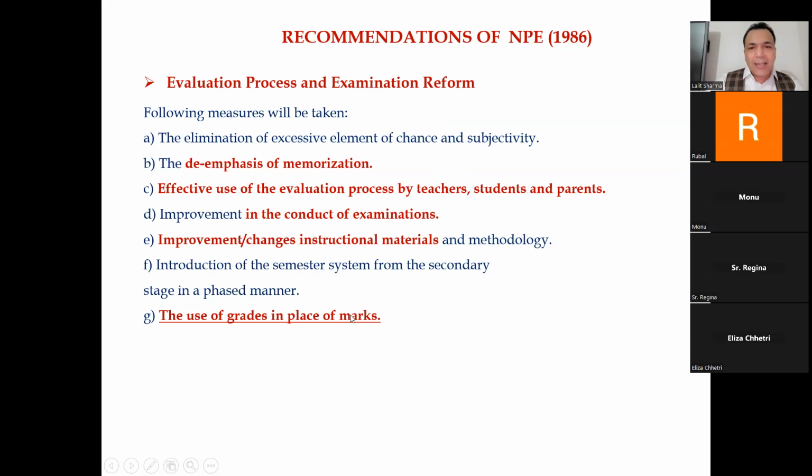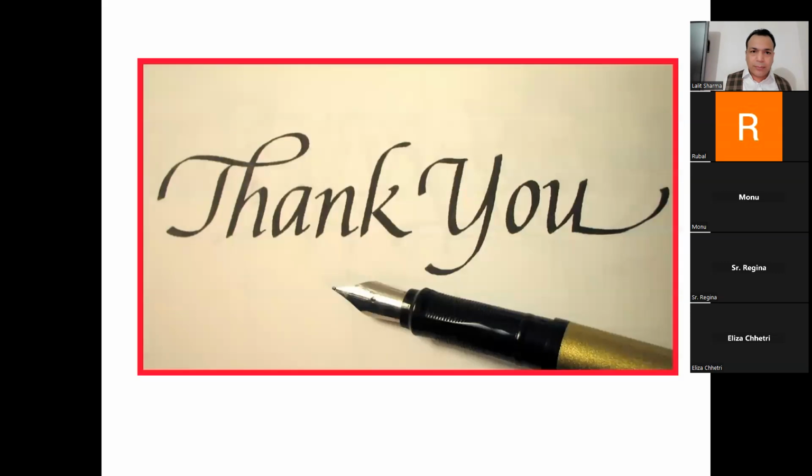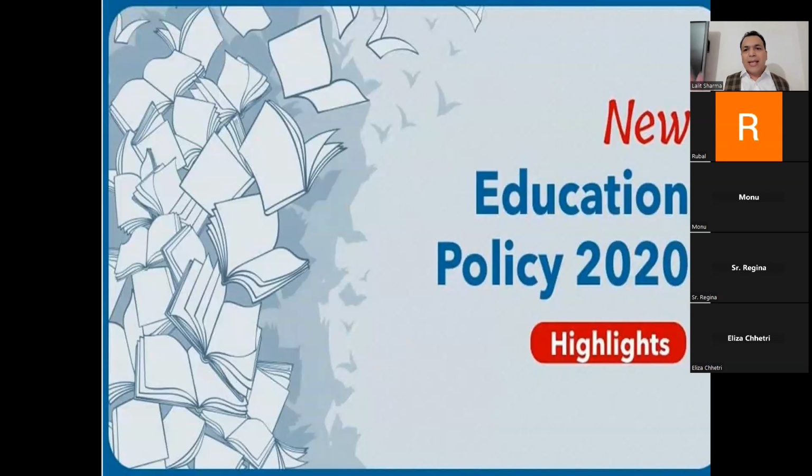And lastly, the use of grades in place of marks. This is the most important. Don't give marks, because you stop comparisons among students. This student has got 90% marks, this student has got 50% marks, and the student with 50% is considered weak compared to the 90% student. So this is a wrong comparison. You have to stop comparison, guys, right? Even the national policy on education recommended giving grades in place of marks. This is the reason for grades. Now the grade has come. So this policy is also finished. Now we do our important one, the New Education Policy 2020, which has just come.